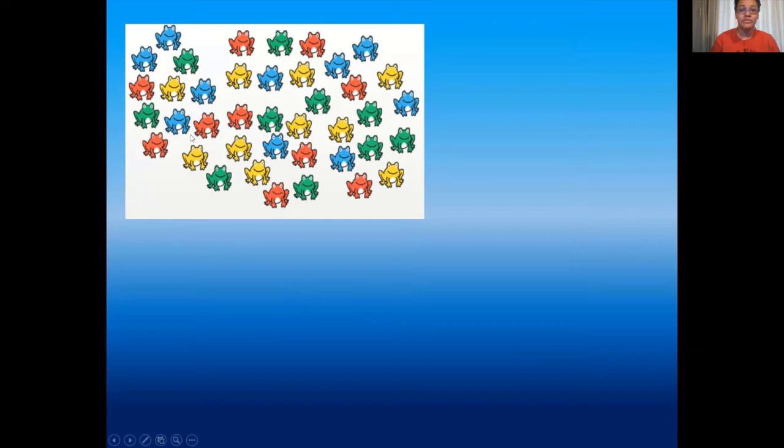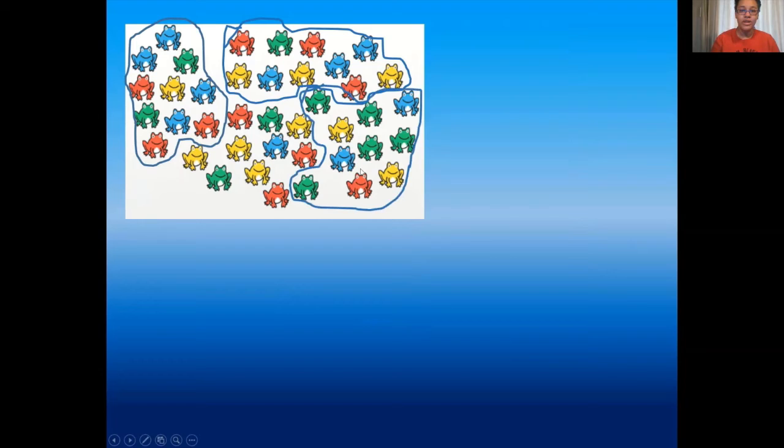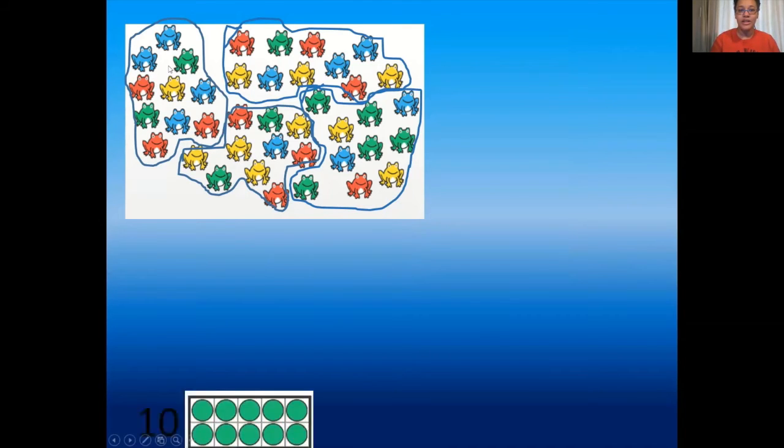Let's see. One group of 10. Ooh, another group. Okay, and another group. So we now have 1, 2, 3, 4 groups of 10. Let's count by tens and get ourselves organized using our 10 frames so we can figure out how many we have. Ready? 10,